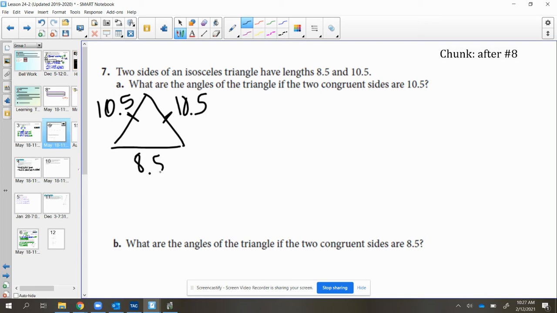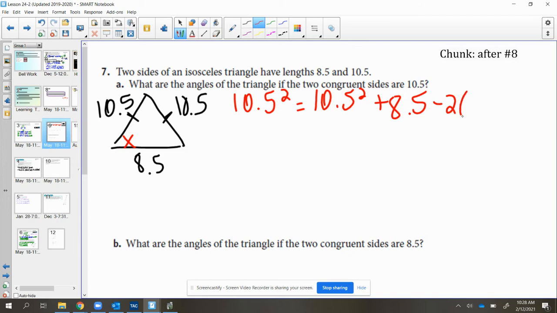We want to solve then for these missing angles in our triangle. So if we look for, let's say this angle down here, again, the side across, we have the 10.5 by itself, and then we're going to use the other two sides,